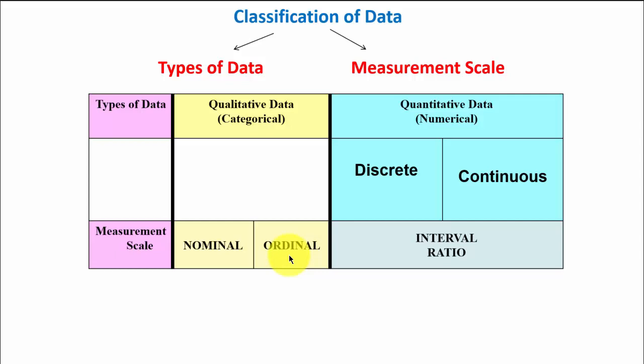You can say, how many siblings do you have? You may have one brother or sister, two brothers or sisters, or you may be the only child. So it could be 0 siblings, 1 sibling, 2 or more. There's an order in your response. Same is the case with how many bedrooms are in your house. You may have 1 bedroom, 2 bedrooms, 3 bedrooms or more, and there's an order in it,